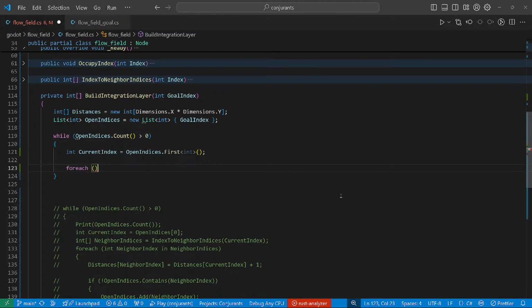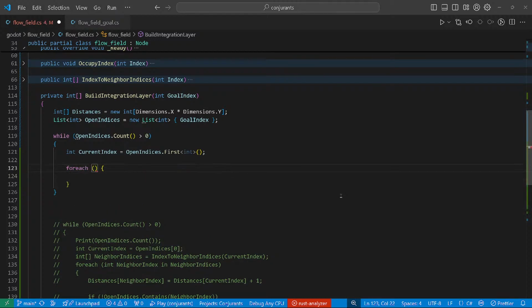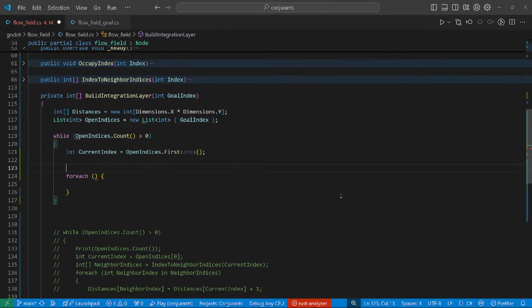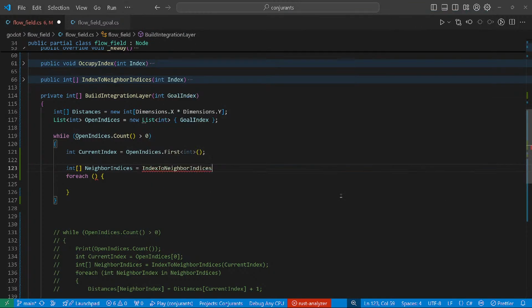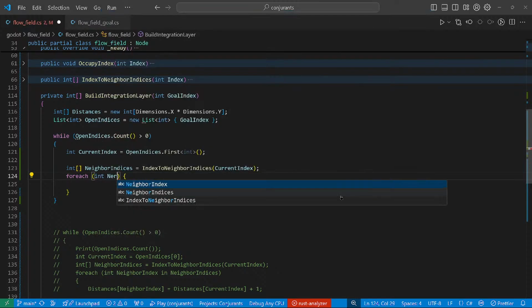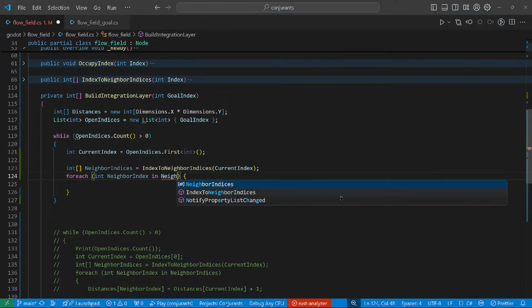For each. Now we're supposed to get the neighbors. Current index. That would be int neighbor indices equals index to neighbor indices. And then we do current index. And for each int neighbor index in neighbor indices,